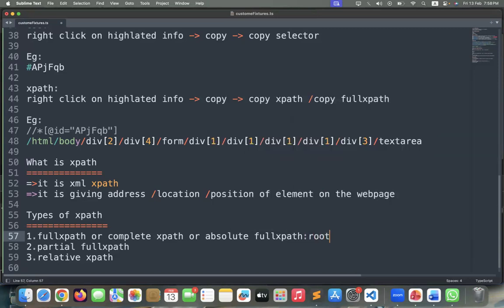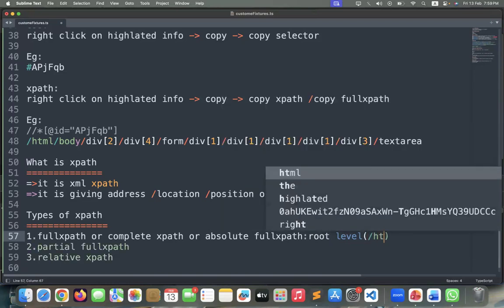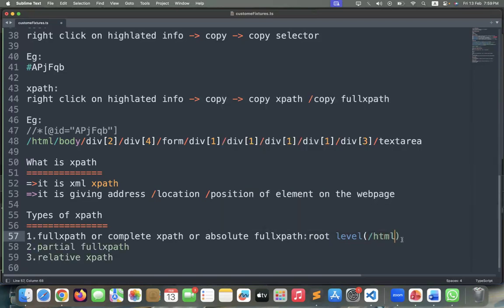So what is this root level? Root level means it is starting from /html. That means the HTML page starts with this HTML tag. This is the root level of the page. So from this tag name